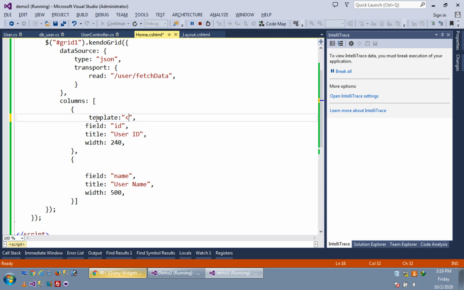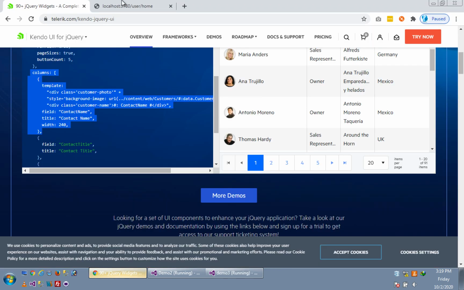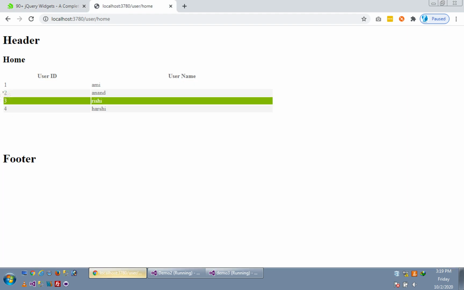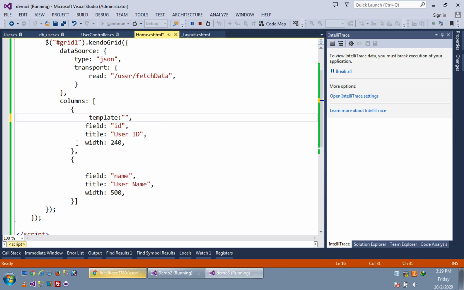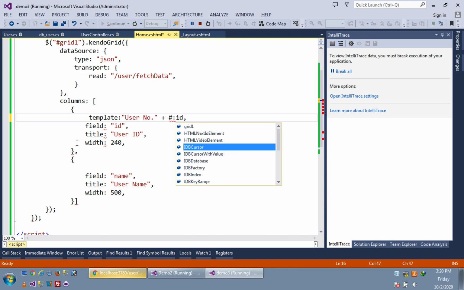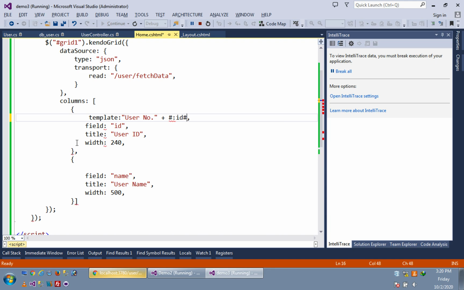What I will use is, instead of this 1 2 3 4, I want to write there user number, then 1 2 3 4. Okay, so user, then number, dot, and then here hash colon ID hash.